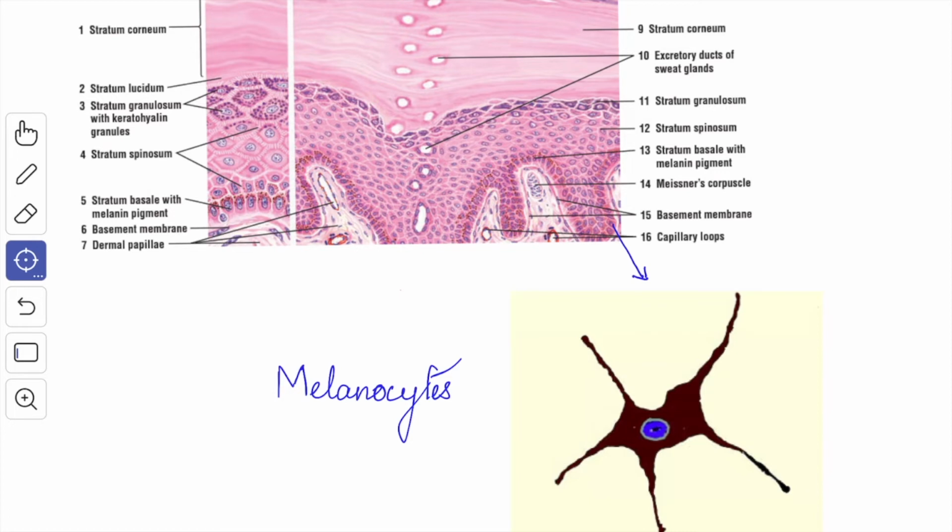These organelles are called melanosomes. The melanosomes bud off from the Golgi complex. They enter the dendrites of the melanocytes. At the end of the dendrites, the melanosomes are shed off from the cell and they are engulfed by neighboring keratinocytes. This is the manner in which most cells of the germinative zone acquire their pigment.